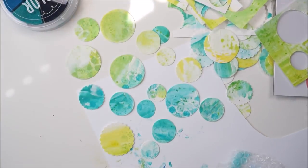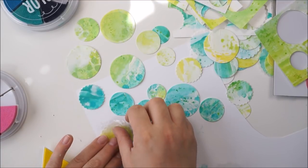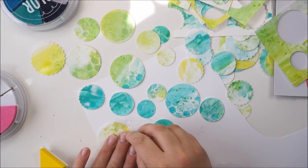I think I'm done. Oh no, the yellow. Just stamping with the yellow. And the sun is hitting my table, so I need to be...